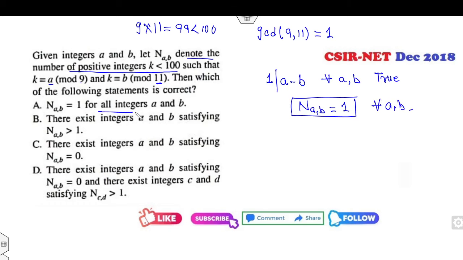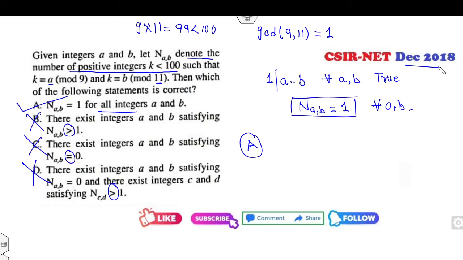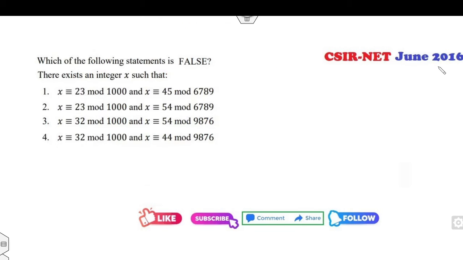So n(a) for all integers satisfied, greater than 1 not satisfied, equal to 1 not satisfied, 0 is not satisfied. You can see that this is December 2018, this is December 2013. That's why before going to the examination, you must solve all those previous year questions deeply. Repetitions always occur, but after a certain period of time. Okay, which of the following statements is